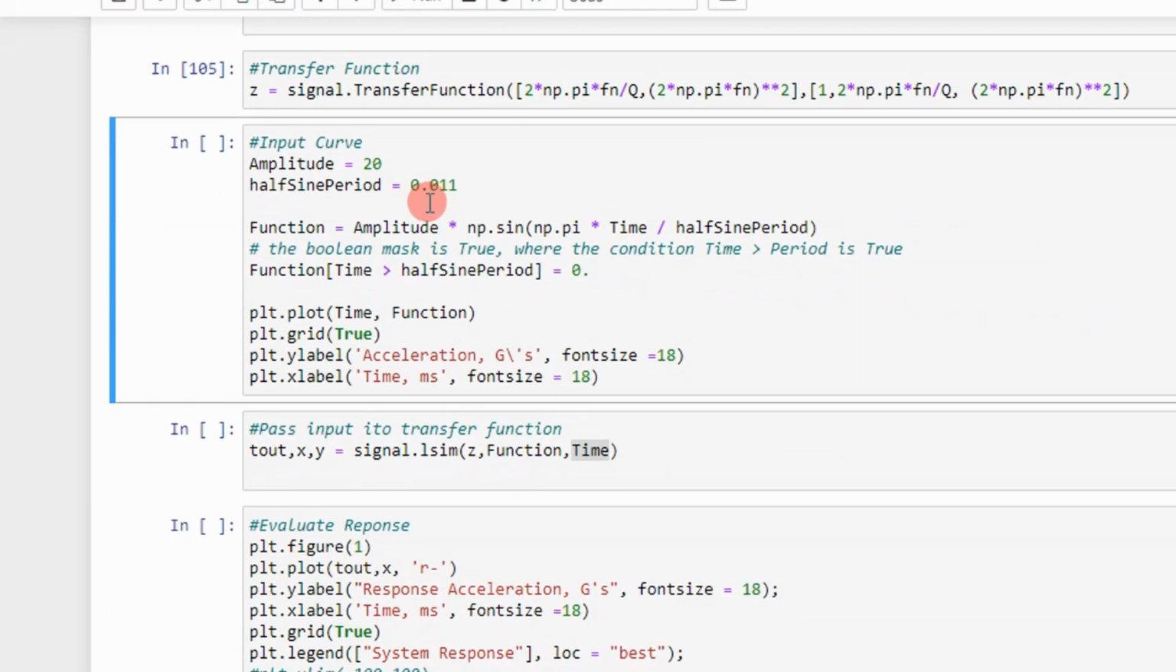And then next I generate my input curve. In this case I'm generating a half sine pulse. So I have my amplitude in G's of 20. I want my half sine period to be 11 milliseconds, and then I have a function where I calculate basically the sine wave across that time step that I'm specifying with that given amplitude. So I will get a sine wave, but I really just want a half sine pulse. So for every time beyond that half sine period, I assign the function a value of 0, and then I